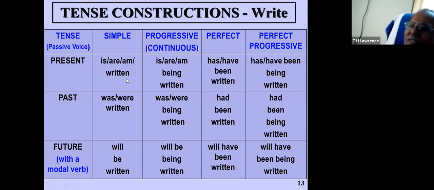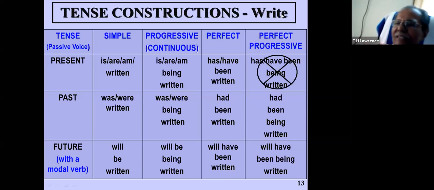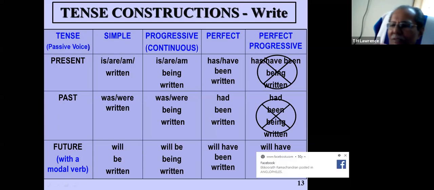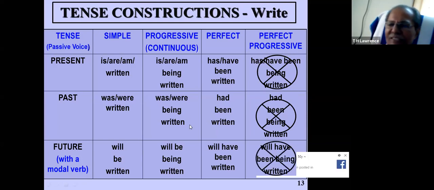Now, your question, of course, or you may even doubt whether what I say is correct or not. Yes, you are right, because we actually do not use these perfect progressive tense constructions in the passive voice as shown below. That's why we are striking it off. See, this also has gone, and now, yes, this also has gone. Now, one more will be there, that also is specific.